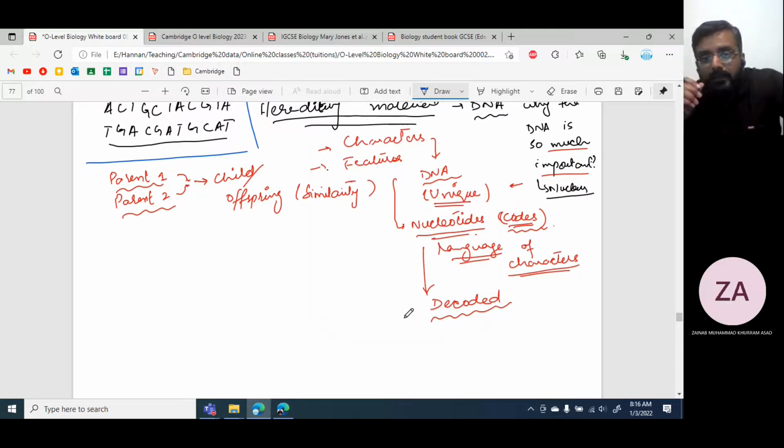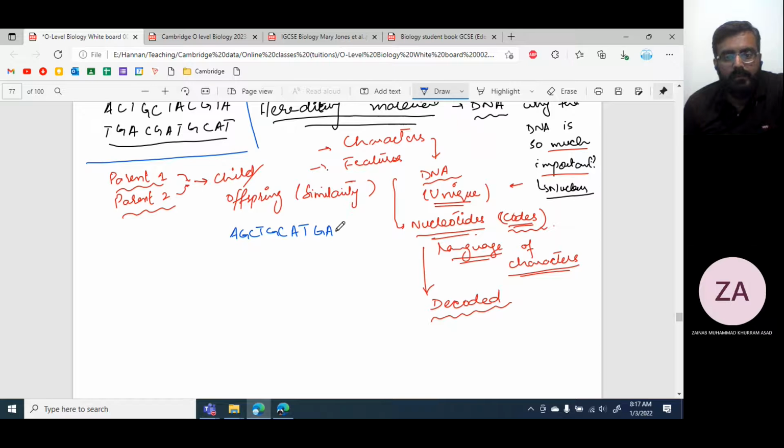What should be the language of our body, and what are the codes? What kind of codes are present on the DNA that must be converted into the language suitable for our own body? For example, let's take an example of a group of nucleotides. For example, A, G, C, T, G, C, A, T, G, C, A, G, A, C. 1, 2, 3, 4, 5, 6, 7, 8, 9, 11, 12. Let's put T here. So, whenever we examine the DNA, we come to know that nucleotides